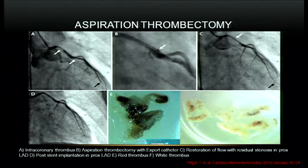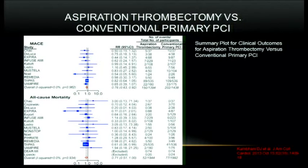This is a picture of the red thrombus, which is aspirated from this case, and this is another sample of white or a platelet-rich thrombus from another patient. Now, the data for aspiration thrombectomy: there are multiple smaller scale studies done, and in 2013 there was a meta-analysis of all these studies showing that there was some benefit in reducing the major adverse cardiac events and also all-cause mortality. But the largest of these trials was the TAPAS trial, which showed that there was mortality benefit